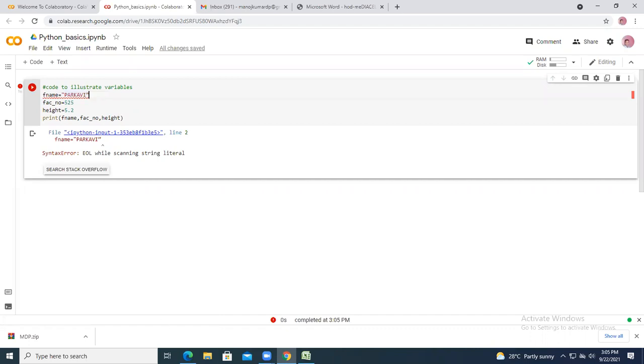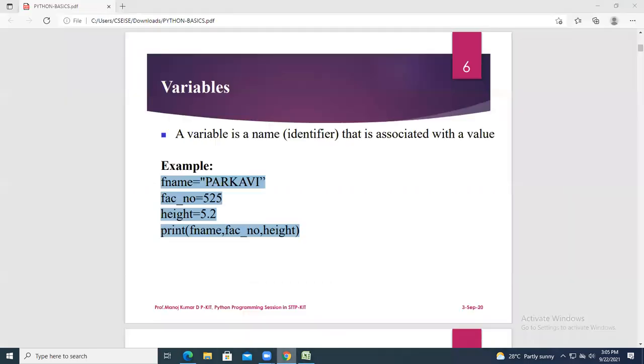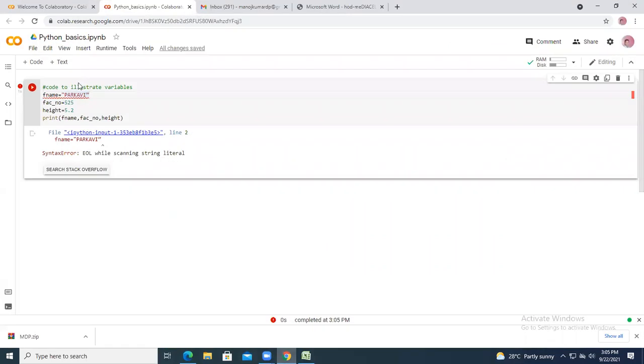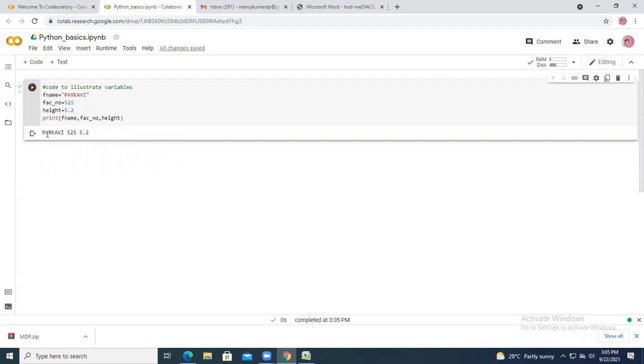Here there is some error. So you are getting the output here. When you press this play button, you will get this particular thing.